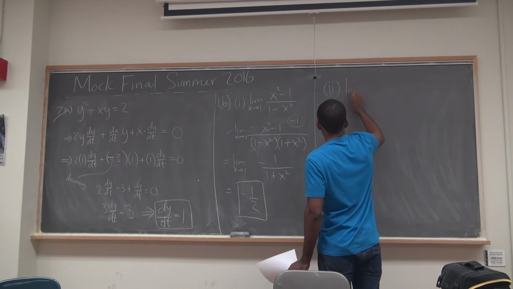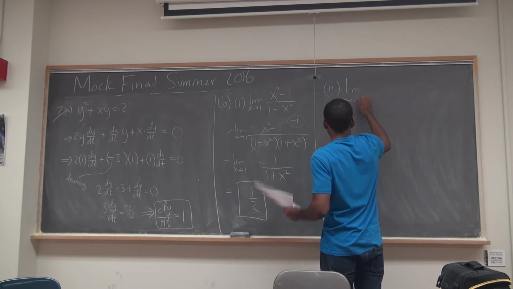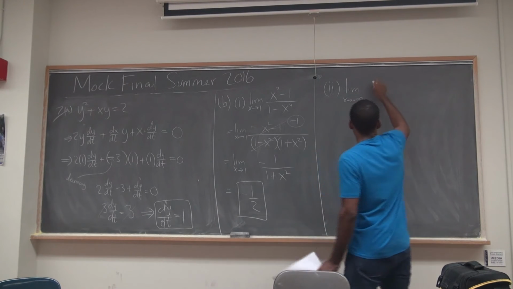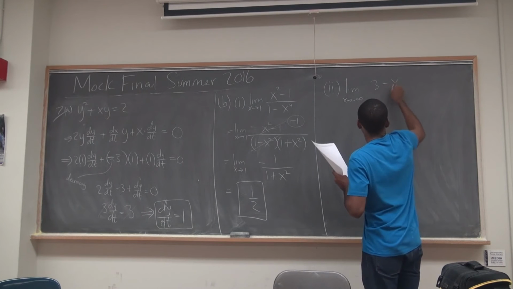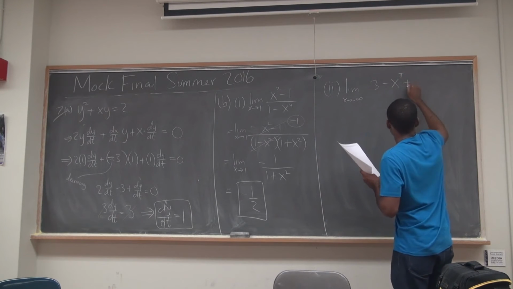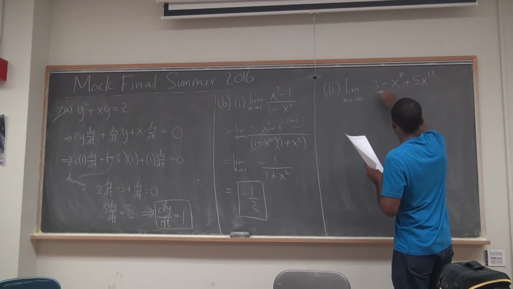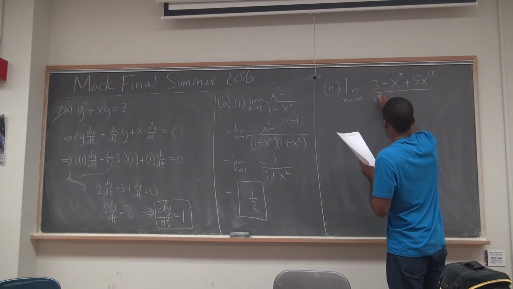And here, the limit goes to minus infinity. 3 minus 5 plus 12 over